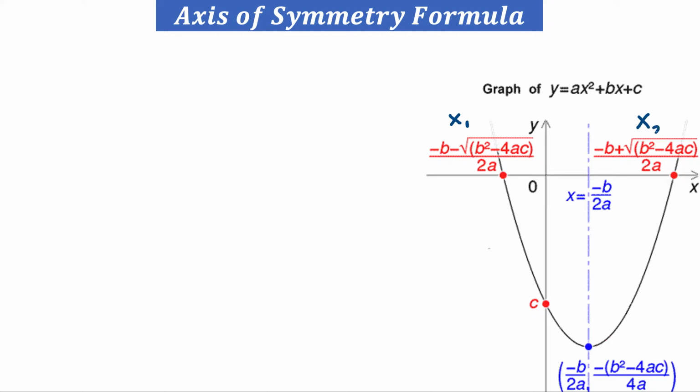So it is the other solution of this quadratic equation, or quadratic function, because all quadratic equations are quadratic functions. Now we want to know the formula of the axis of symmetry, x is equal to minus b over 2a. But if this point is x1 and this point is x2,